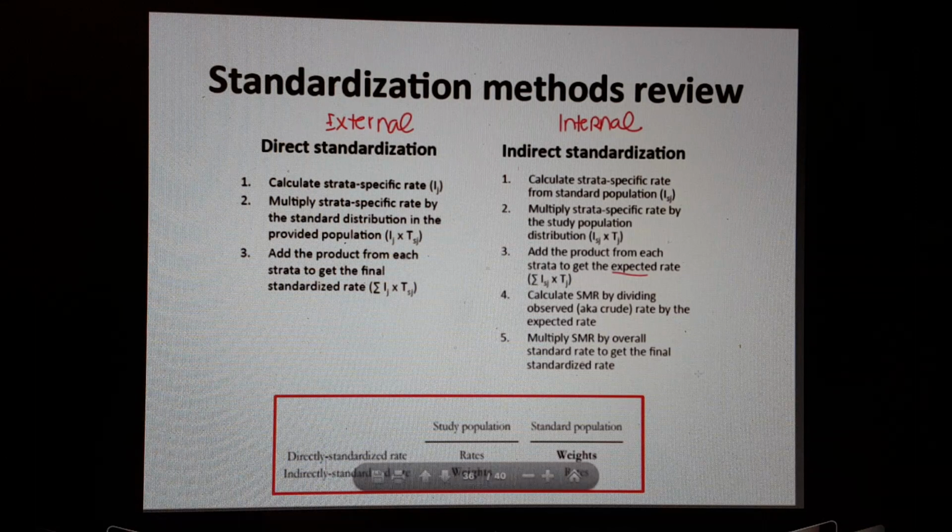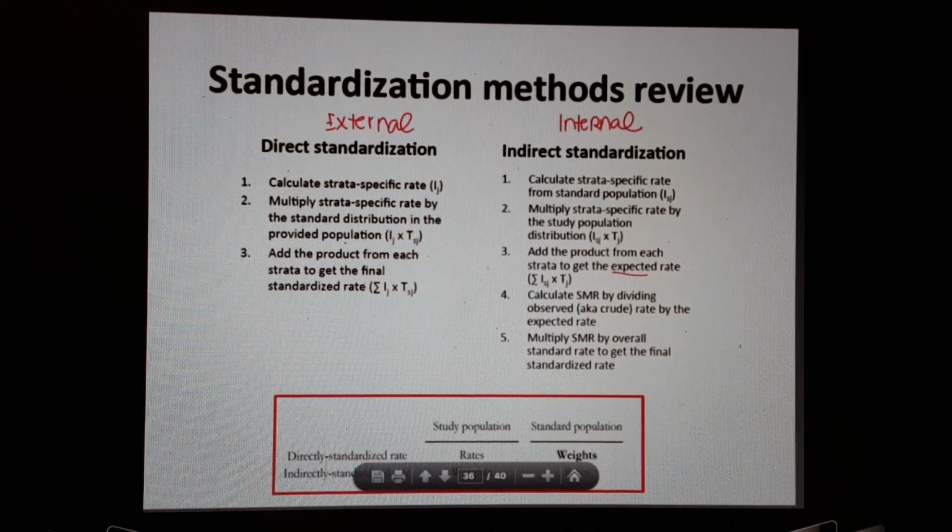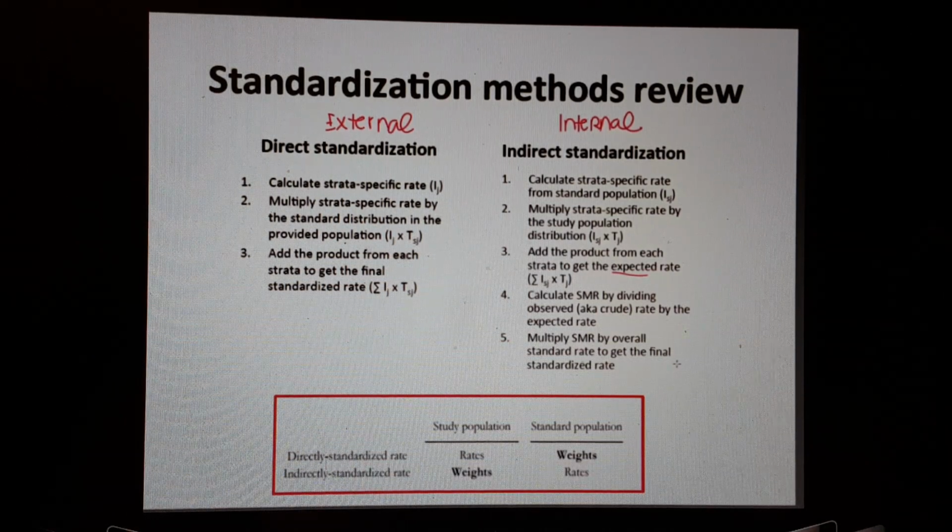So for a directly standardized rate, remember your study population is providing the rates of disease or whatever. Your standard population is providing the weights. And indirectly standardized is the opposite. Your study population is providing the weights, and your standard population is providing the rates. Okay? So we'll go through this in the class, so don't worry if you're not 100% sure on how to